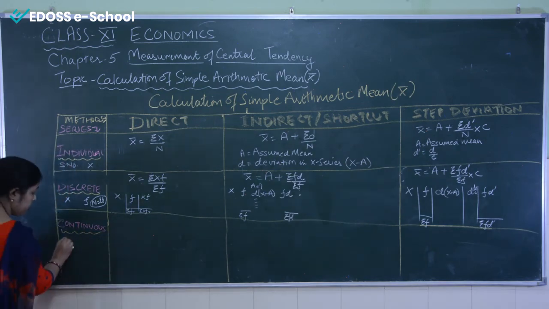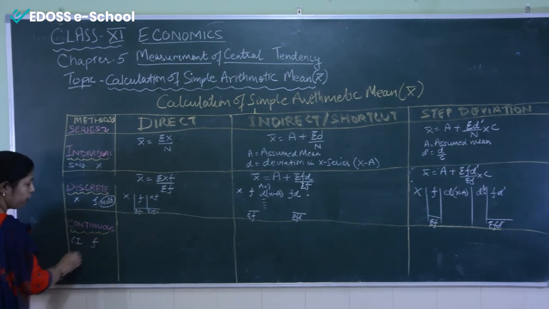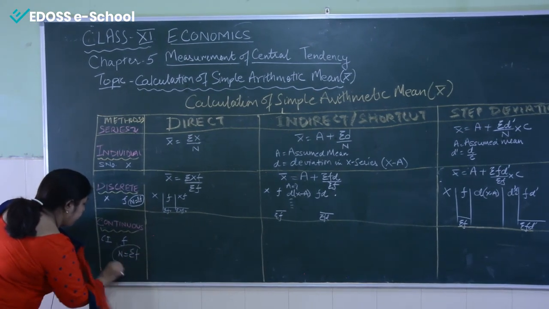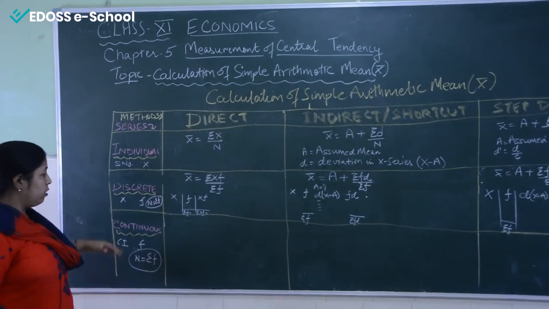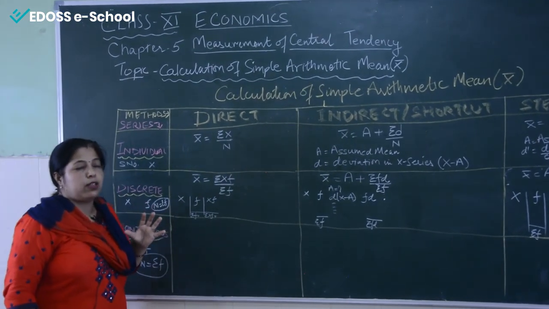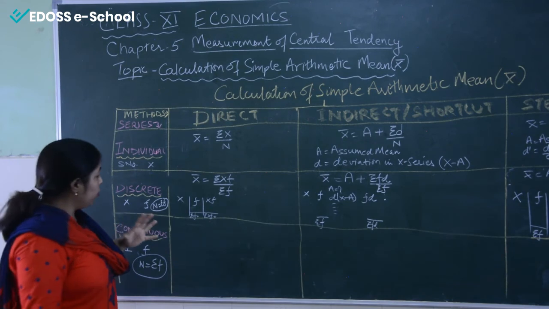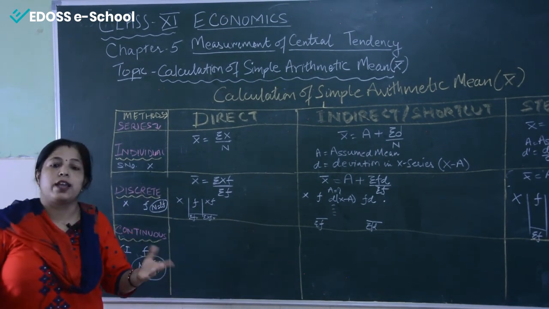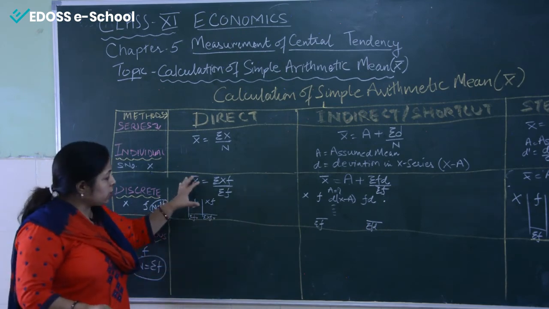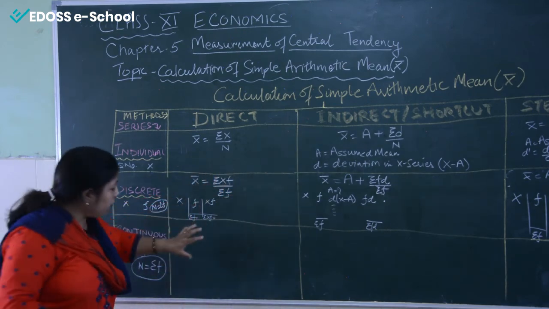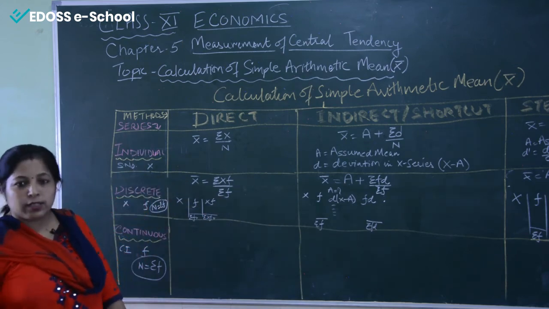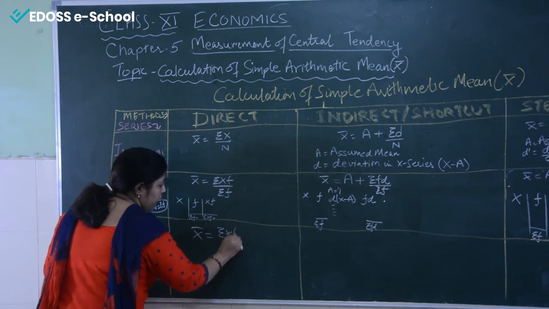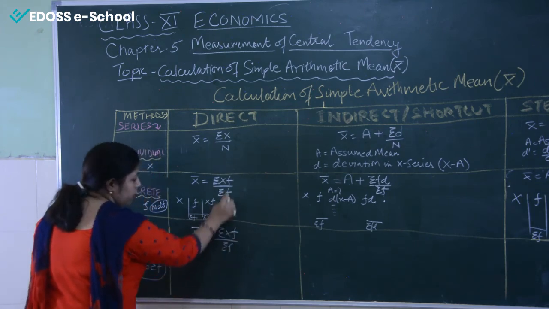Coming on to the last part, the continuous series. In continuous series, as you all know, class intervals and frequencies are given. Here also, n will be equal to summation f. Fine. And one most important thing, to make the work easy: the formulas of discrete series and continuous series are the same. So we are just going to learn the first one and we will copy them here, and our work is done. Fine. See, mean is equal to summation xf upon summation f. Same formula.